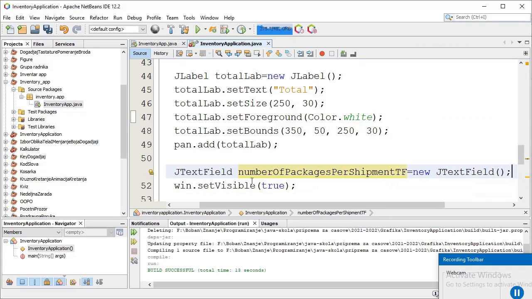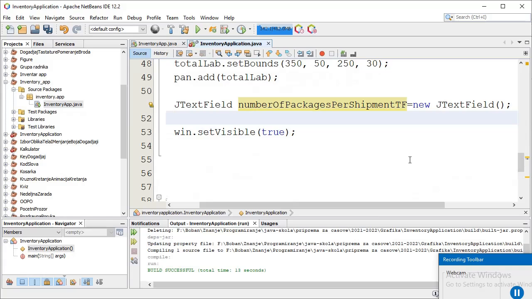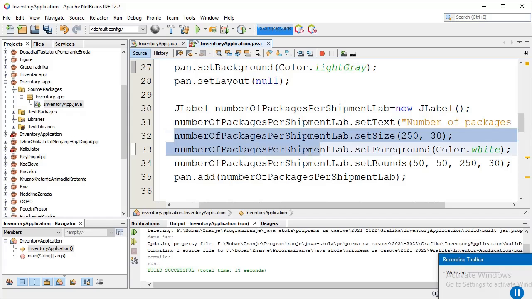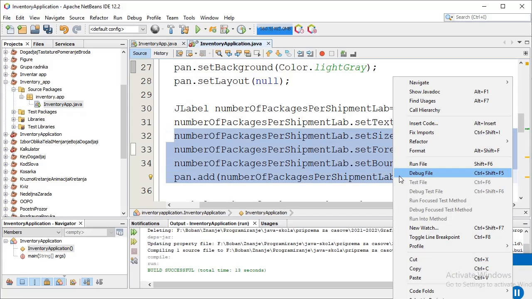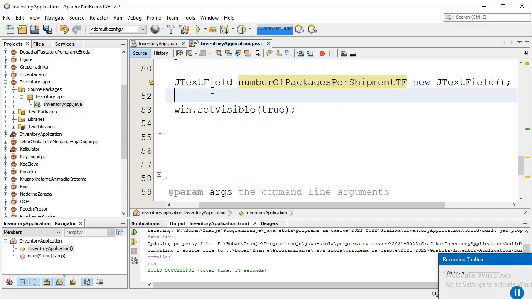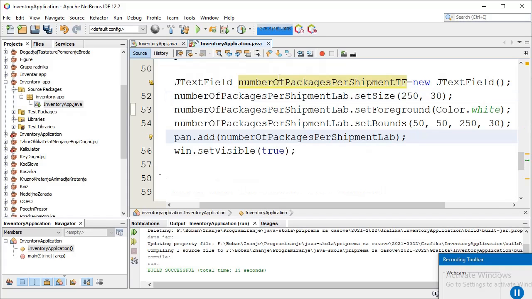I don't need to set text on this text field. I will only set size and set bounds. I will copy that code and rename the name of the object.